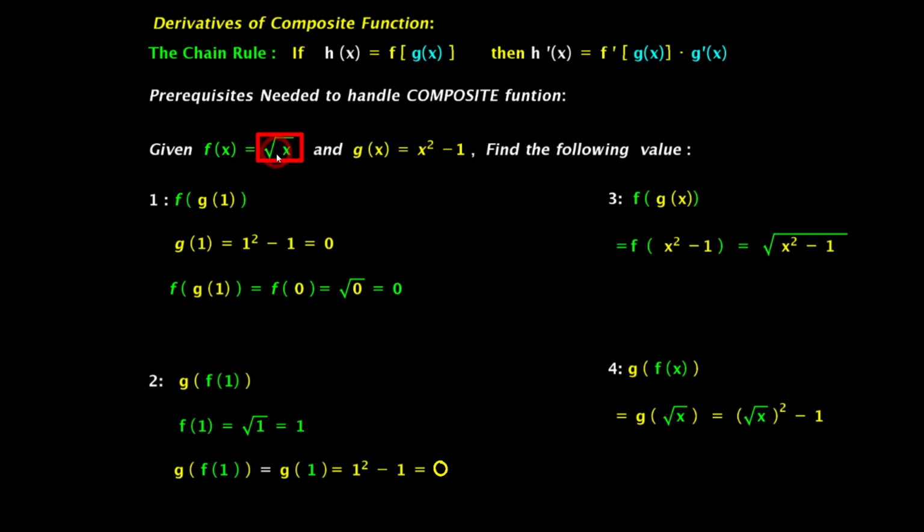So we got the information from f of x, plug that in, final value, root of x whole squared minus 1. The root of x and the square, the root and the square is gone, so finally it's going to be x minus 1. And this is just a quick and fast recap of the composite